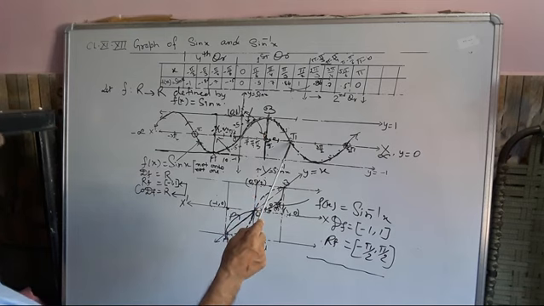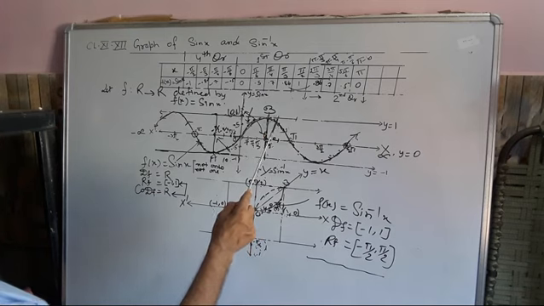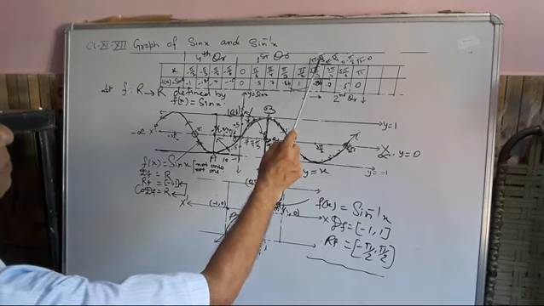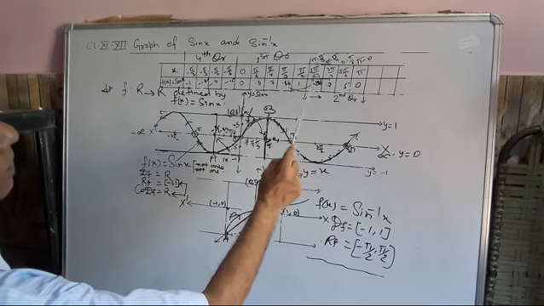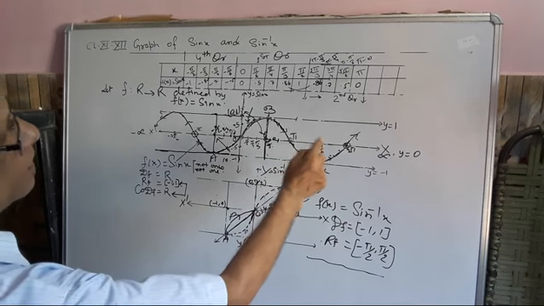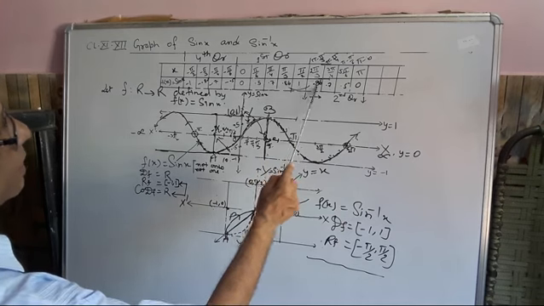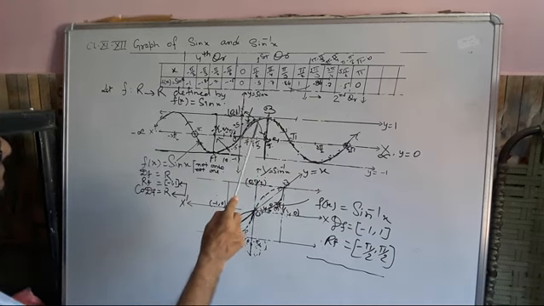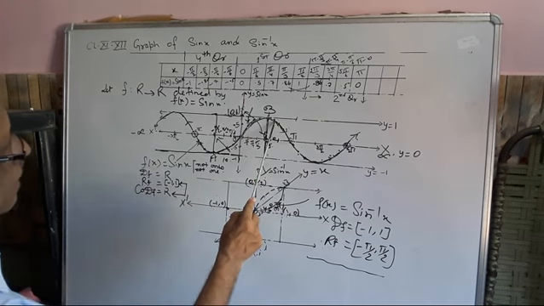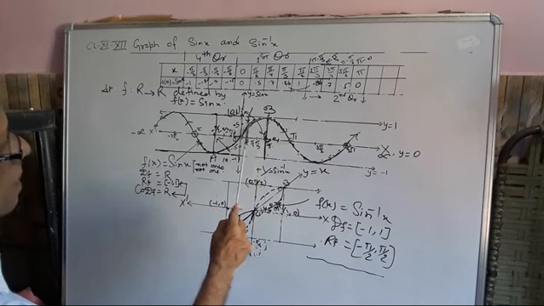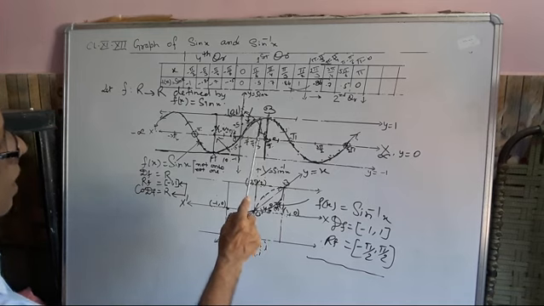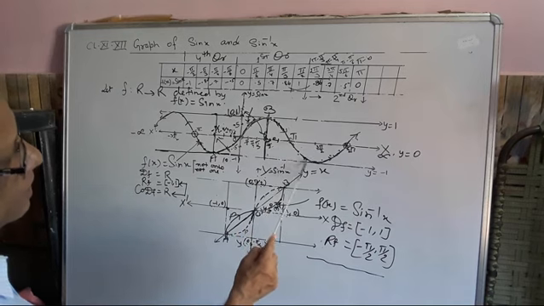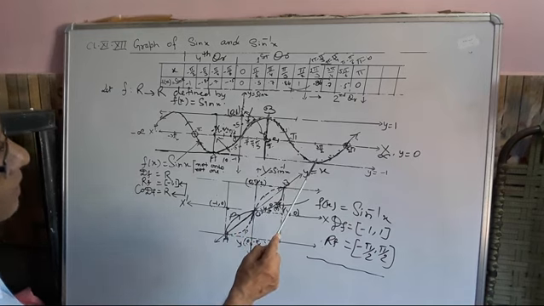In the same manner, in the second quadrant, the values are decreasing but positive, because 2π/3 is π minus π/3. sin(π minus π/3) is equal to sin π/3 again. So we get the same values 0.86, 0.7, 0.5, 0. So the heights will be the same, and plot the curve. And in the same manner, in the fourth quadrant, decreasing but with negative sign, and so on.